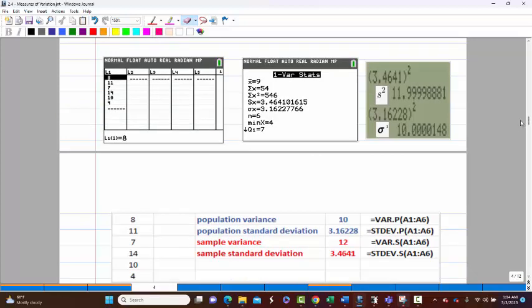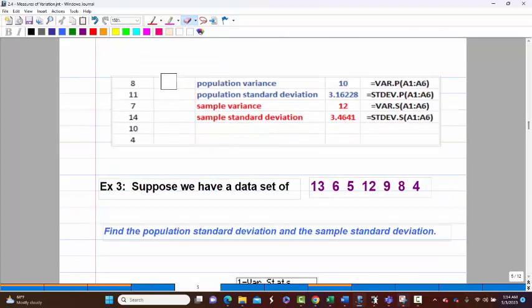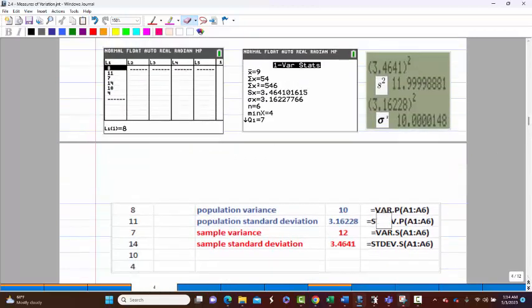But anyway, here we are using the Excel command. There are the 6 values. var.p, A1 to A6, and we can look at the calculator result to compare it. var.p gives you the 10, which is right here. stdev.p, A1 to A6, we have 6 numbers. There's your 3.16, that's what the calculator spit out right there in that bottom row. There's your sigma x, your little lower sigma,